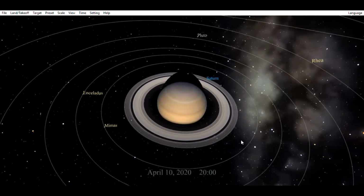What's kind of cool about this is that scientists discovered 20 of these moons all at the same time back in October of 2019. And so we are discovering new moons and new things in our solar system all the time, which is pretty awesome. All right, so let's go ahead and take a look at